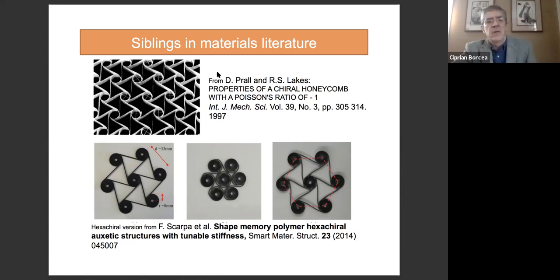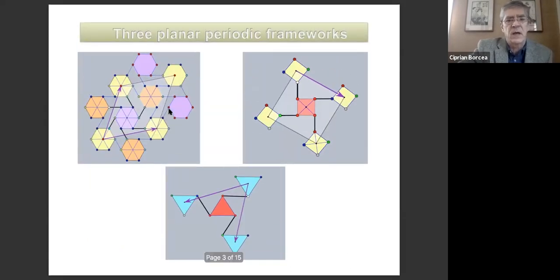So in this illustration from 1997, we see what was called a chiral honeycomb, because in this position you see clearly an orientation. So a handedness or chirality, but I avoid this terminology because when we are in the